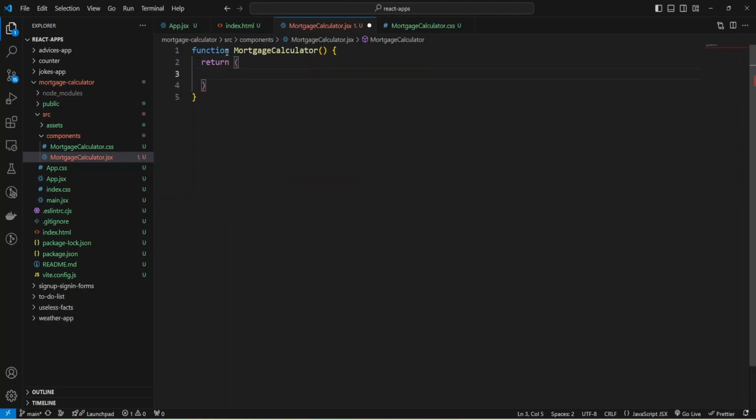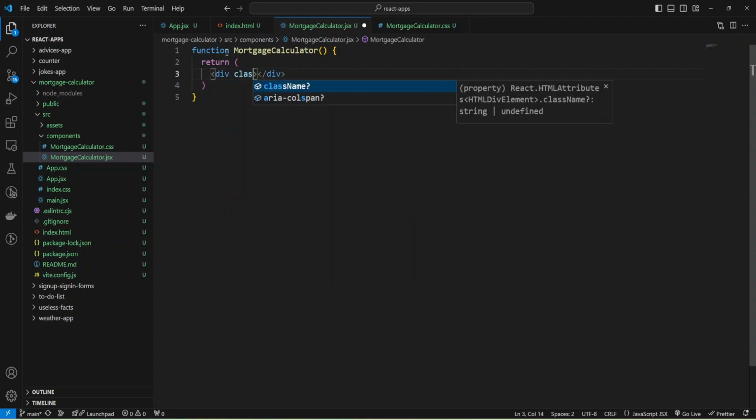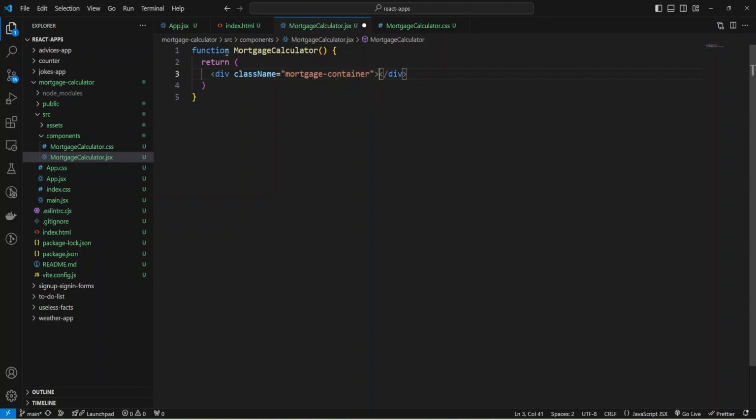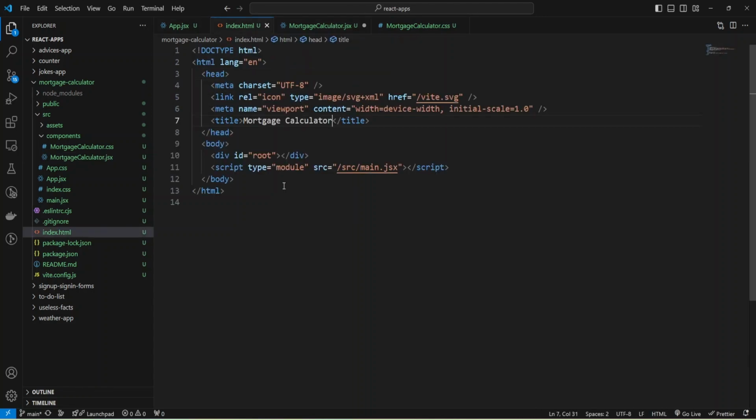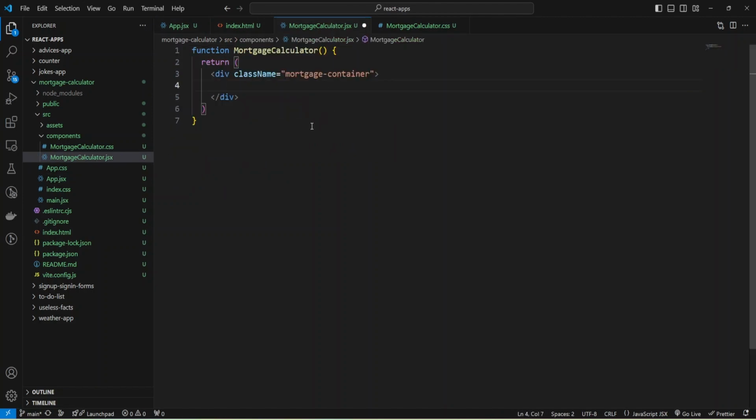And I'm going to create some container. Let it be a div with class name mortgage container. And inside the div I'll place an h2 tag. And now I can export my component. Export default